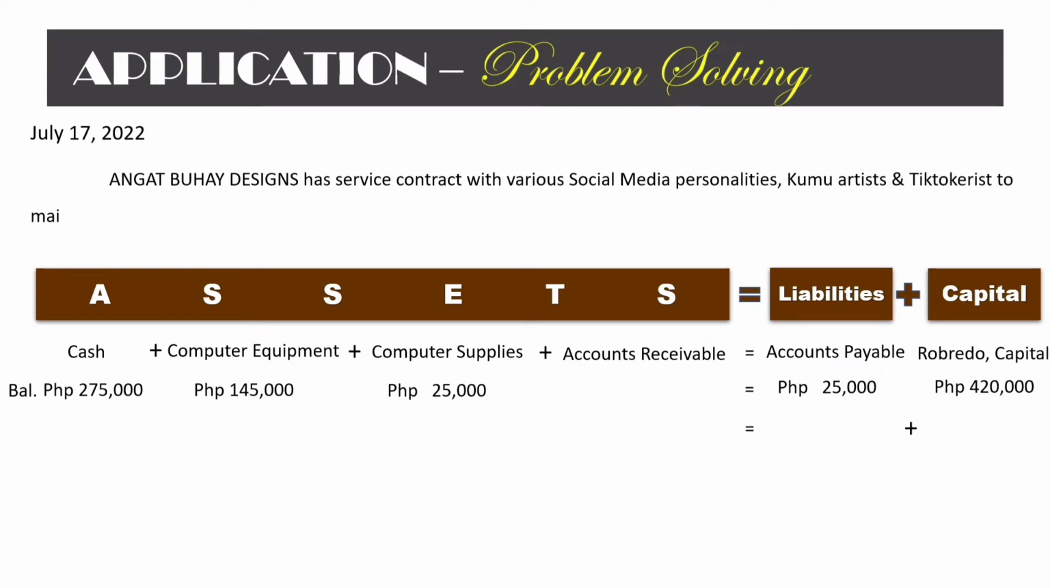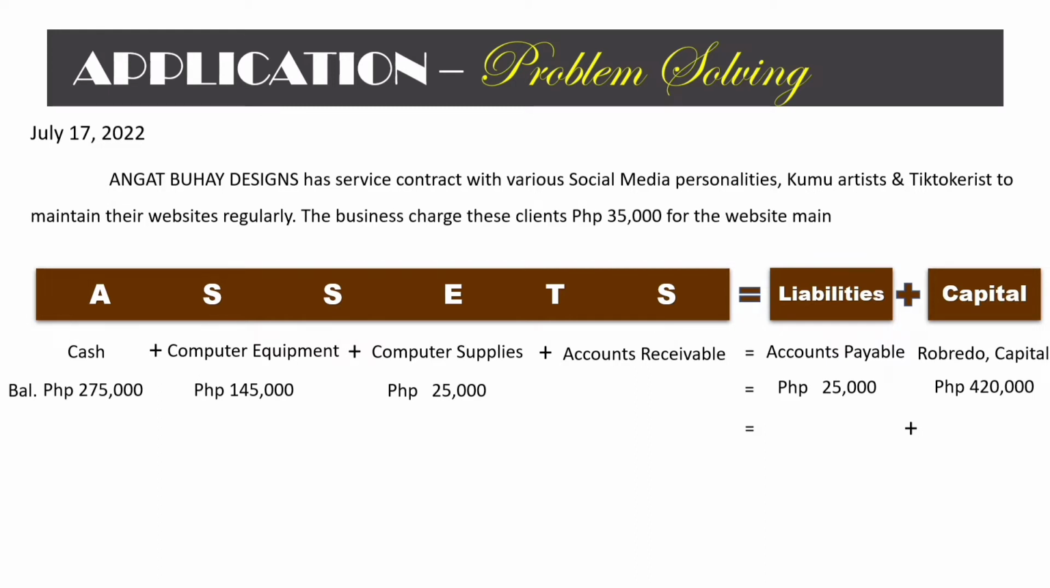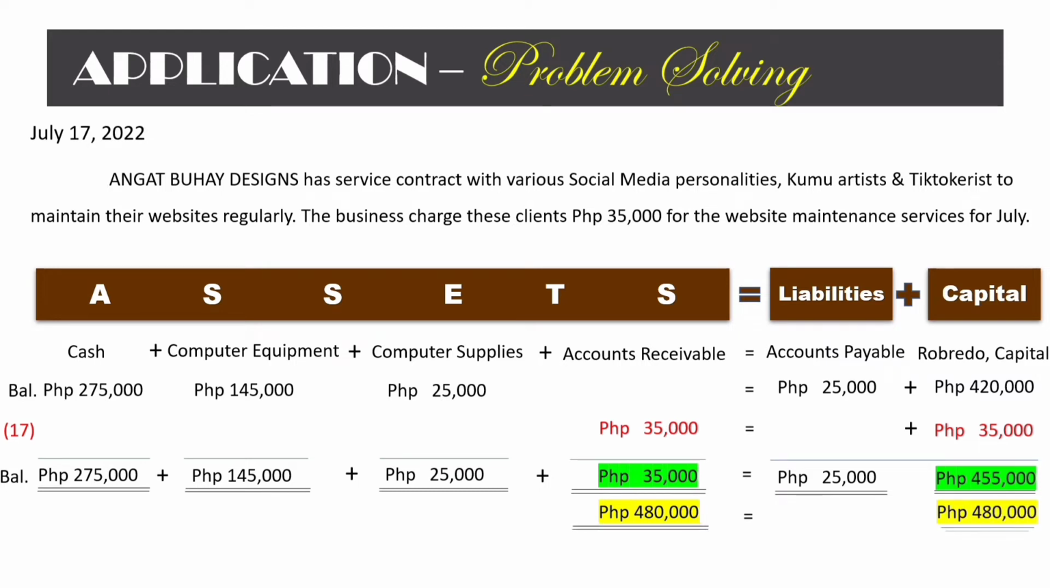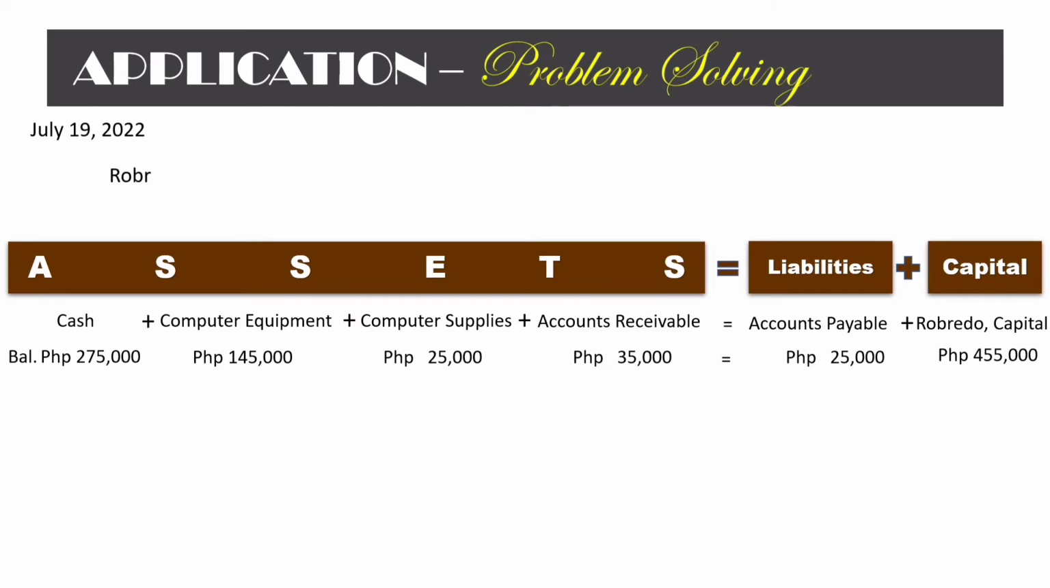July 17. Angat Buhay Designs has service contract with various social media personalities, Kumu artists, and TikTokerists to maintain their websites regularly. The business charged these clients 35,000 for the website maintenance services for July. Angat Buhay is entitled to receive payment for this, but the clients did not pay immediately. Performing the services creates an economic resource. The clients promised to pay the amount, which is called accounts receivable. This transaction resulted to an increase in asset, accounts receivable, and an increase in owner's equity or capital of 35,000